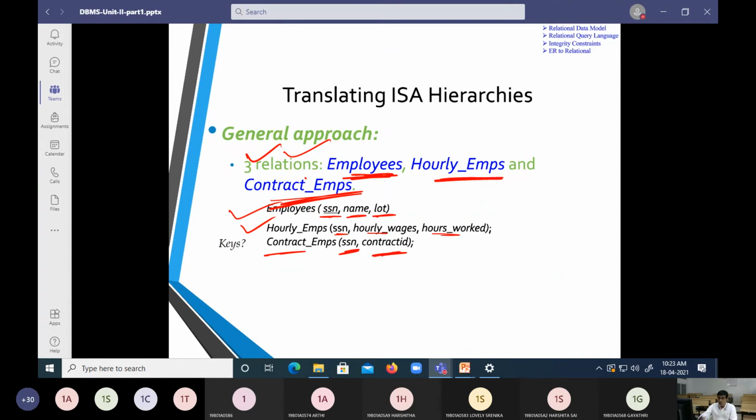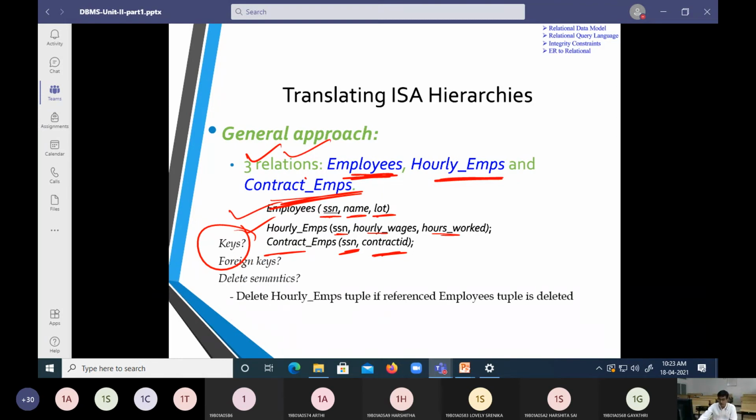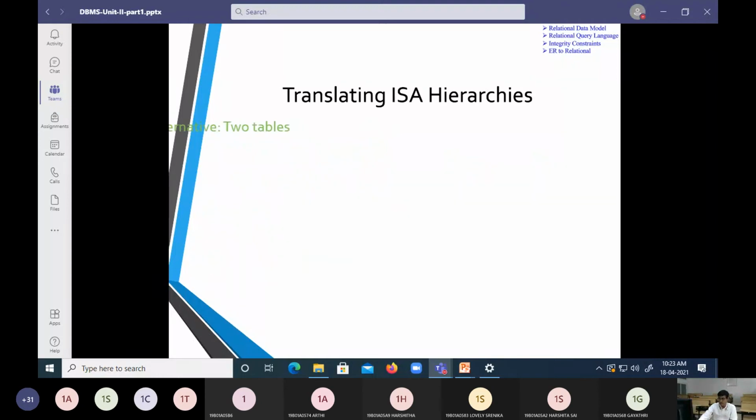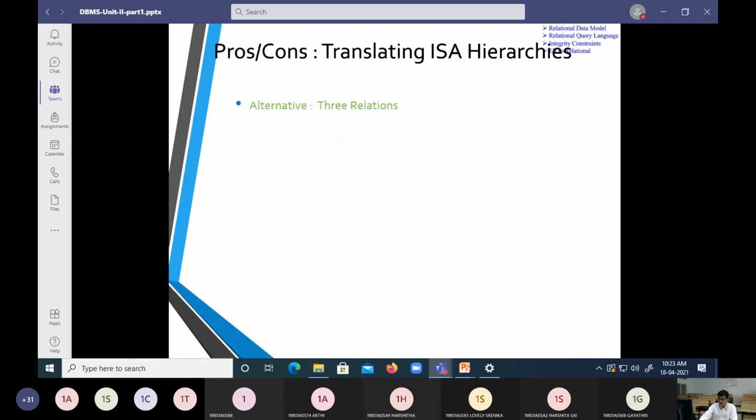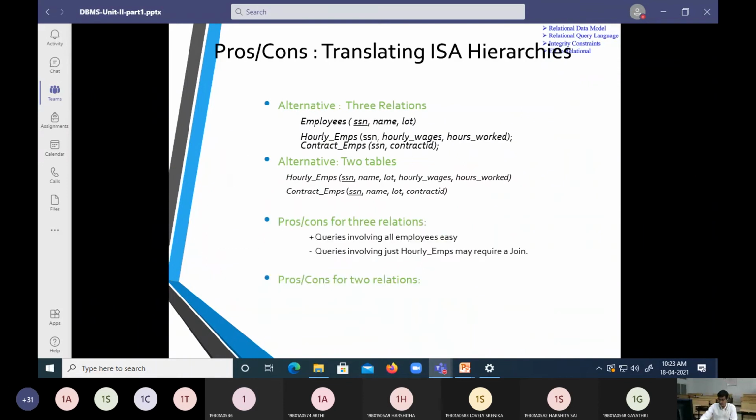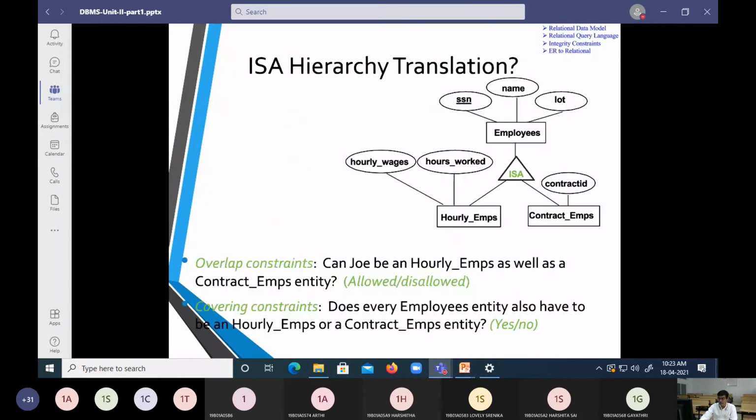So now, how can I put the keys here? What will be the foreign key, and what will the semantics be? For that, we are going to have a model in this way: one is overlapping constraints, and two is covering constraints.